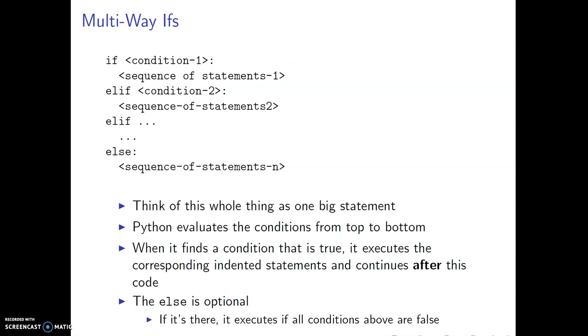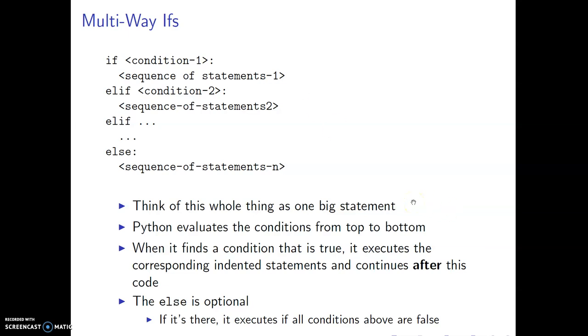Okay, so what if we have multiple ifs? I could see this if, for example, you have 5 different positions at your organization that all get different salaries, and you'd like to say if they are an engineer, they get this salary. If they're analysts, they get this salary. If they are an administrator, they get the biggest salary, so on and so forth. Okay,